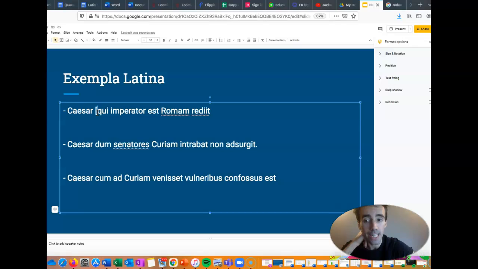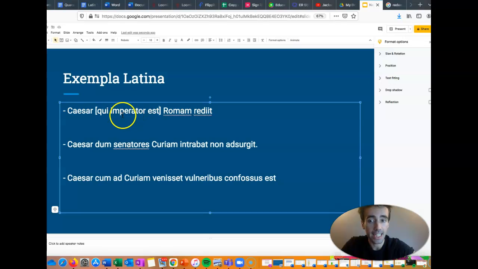Generally, that clause will then end at the next verb. Specifically, it will end when the meaning of its clause ends. But exactly what that means we won't worry about right now. Just know that this could also be written sometimes as qui imperator est. But as we get better, most of the time, the est will mark the end of the clause. But it's important to know that the est can also come